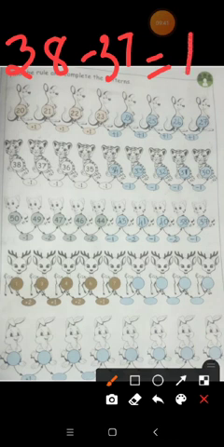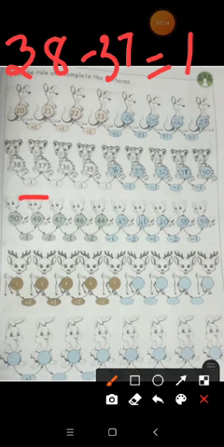Now we want to check whether we add 1 or minus 1 from 38 to get the number 37. When we subtract the number 1 from 38, then only we receive 37. So here the rule is minus 1. We found the rule now. So 38 minus 1 is 37. Here we should follow the same rule to complete the second pattern. You should not change the rule.